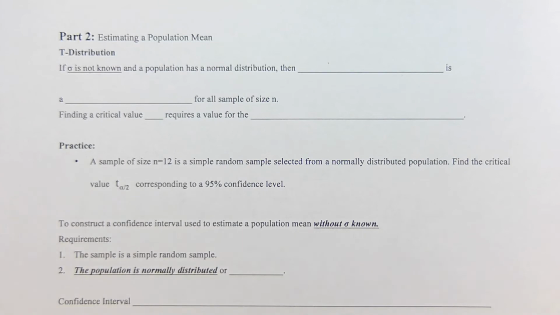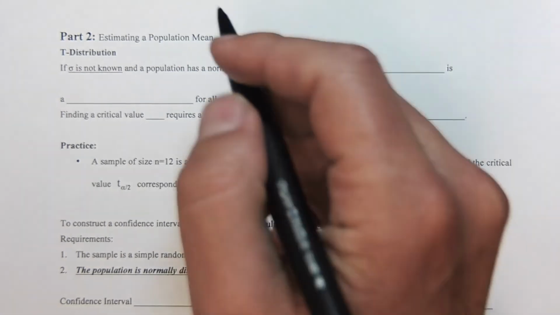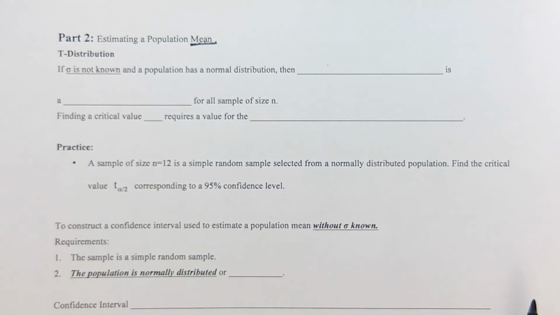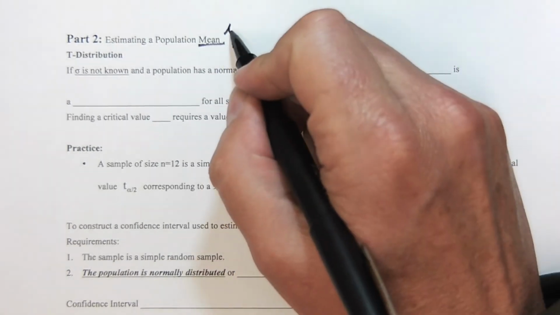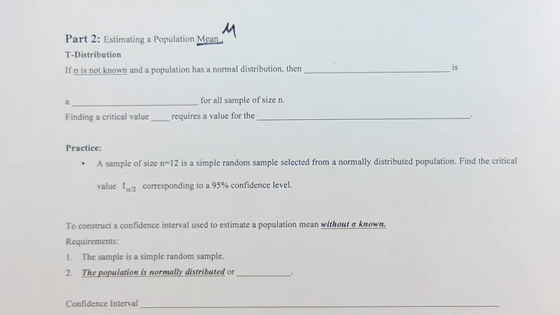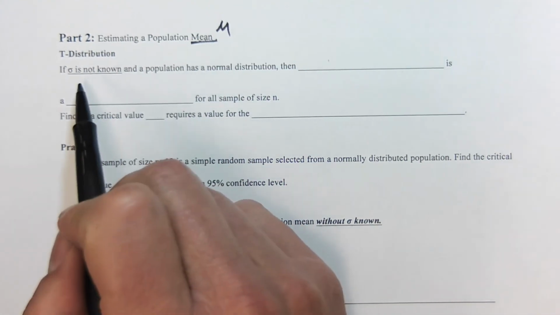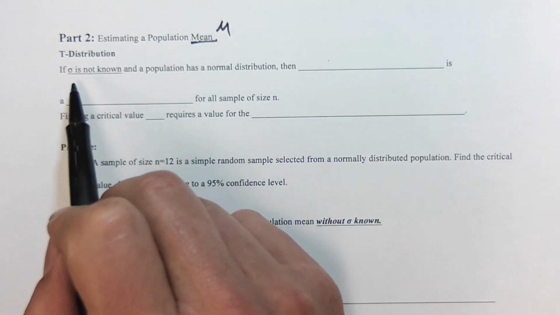Hey everybody, we're back. Part 2 for confidence intervals here. We're going to now find a confidence interval that is about the mean. Part 1 was about the proportion, so this is a population mean. Population mean means mu. And we're going to use a t-distribution when sigma is not known, meaning the population standard